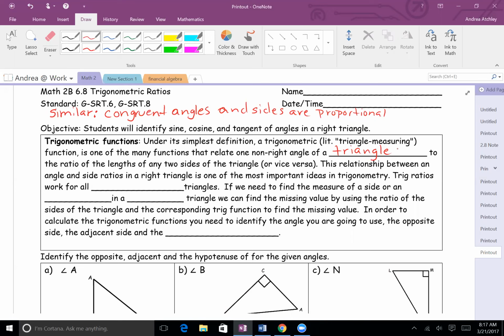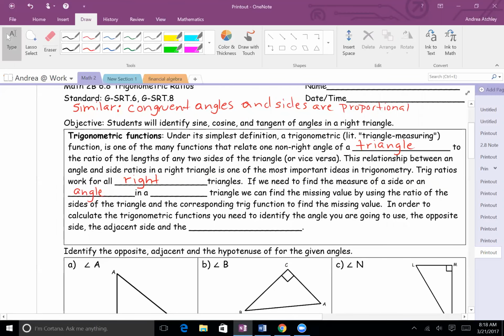in trigonometry. Trig ratios work for all right triangles. Not every triangle, just right triangles. So you have to know that it is a right triangle, has that 90-degree angle in it. If we need to find the measure of a side or an angle in a right triangle,